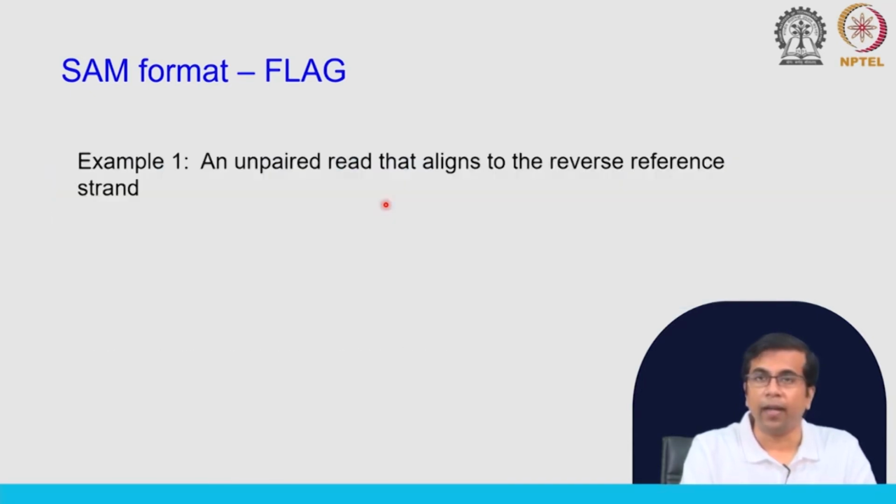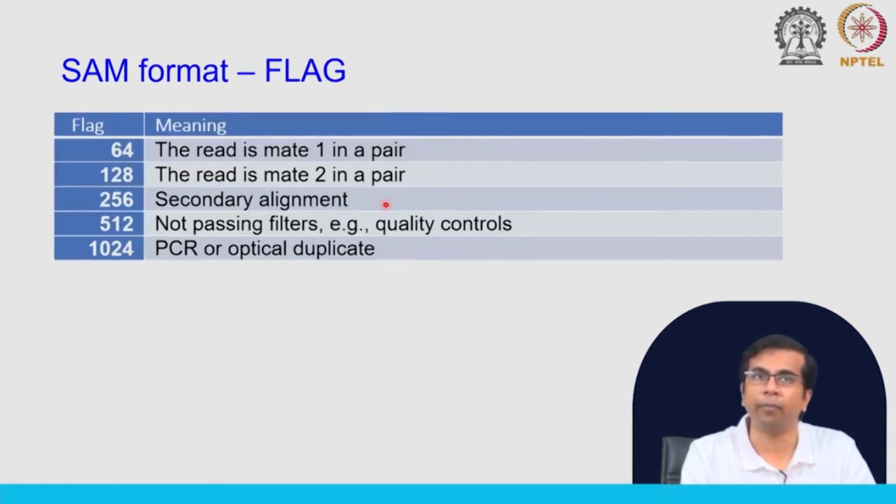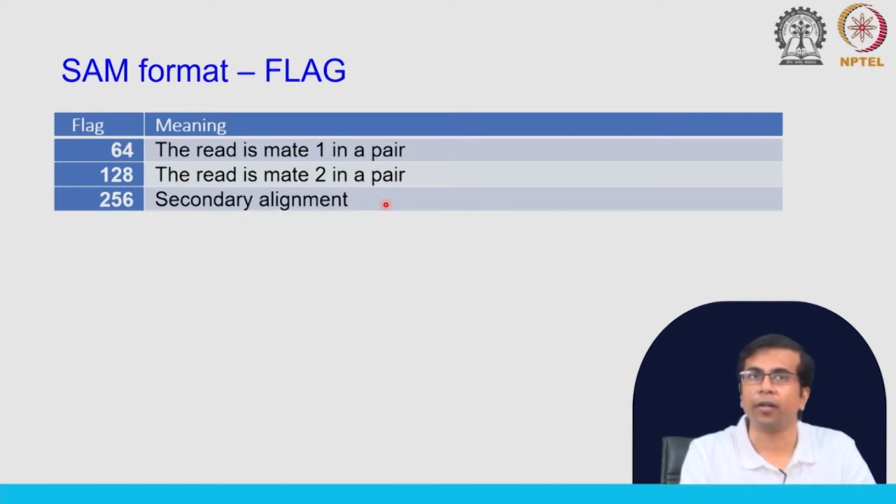Okay. And let us take some examples, so that we understand how we calculate these flag values. So, the first one is, let us say I give you a scenario and then you have to identify what the flag value is. So, example 1 is an unpaired read that aligns to the reverse reference strand. Okay. So, you do not have to of course remember the flag values, just looking at the table you have to deduce which flag you would apply on this read. Okay. So, this is unpaired data, right. So, you will not apply any of these